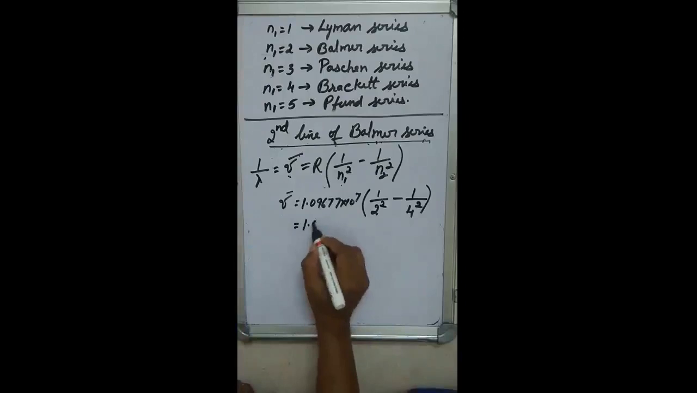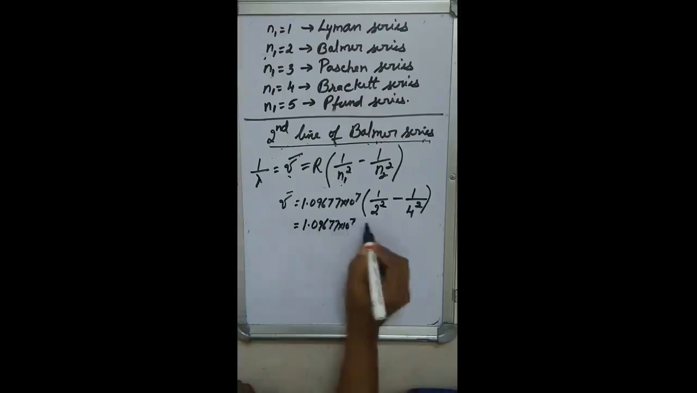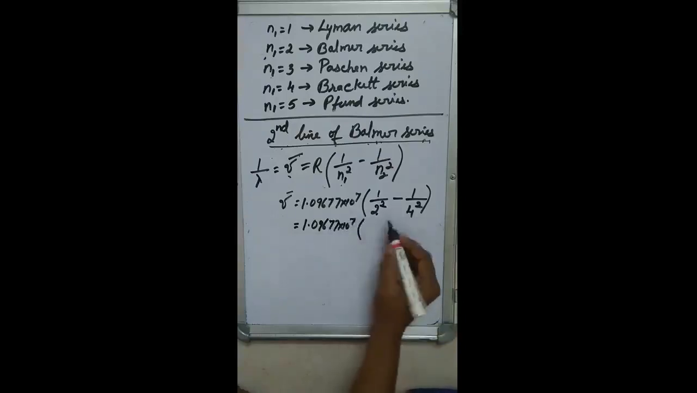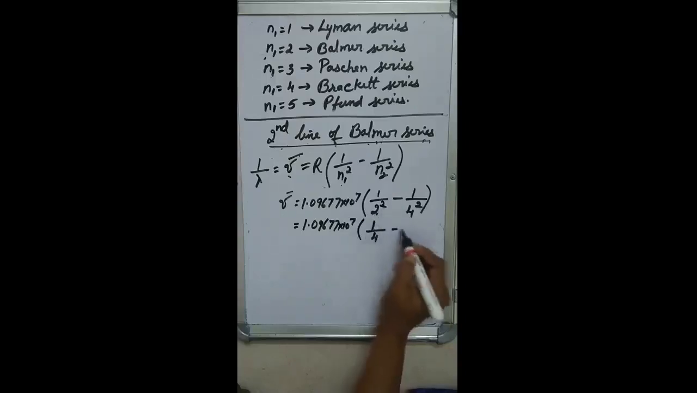Now, 1 point, this I will write as it is. First, always you should simplify the number which is inside the bracket. Now 2 square means it is a 4. 4 4,